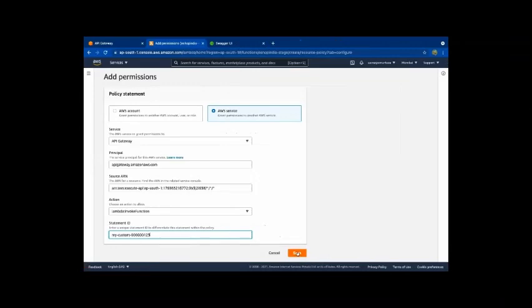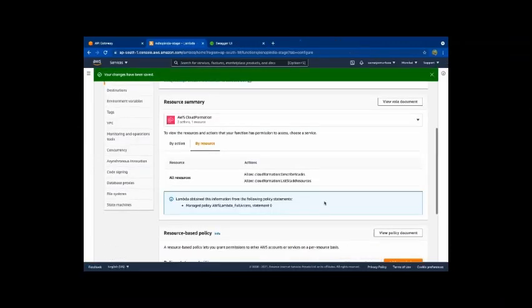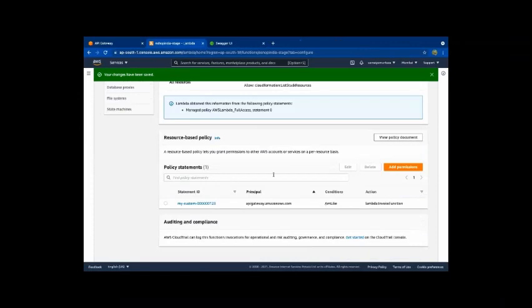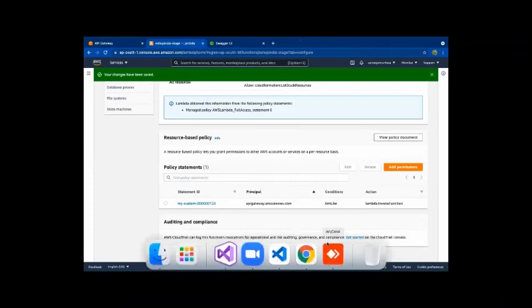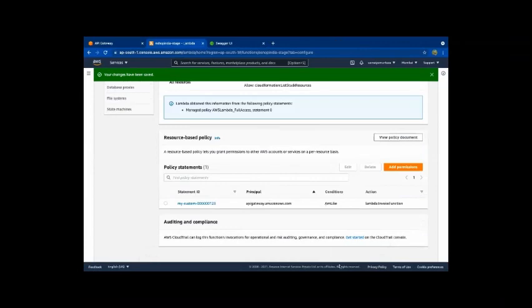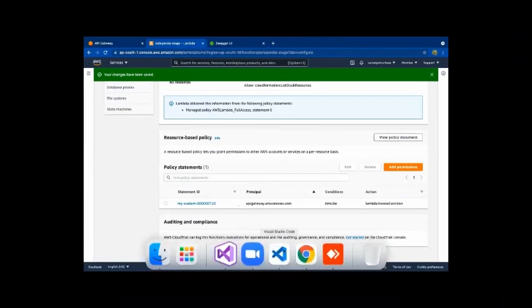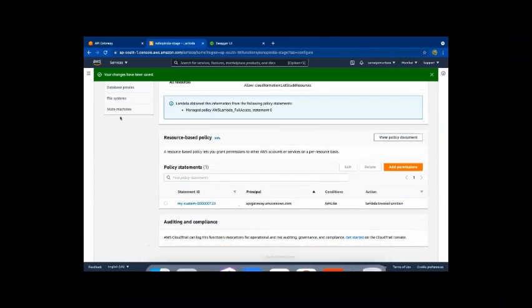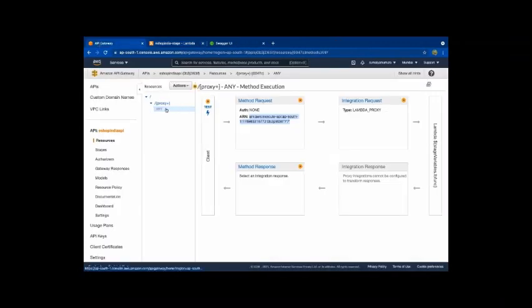These are the settings you need to add permission to the newly created Lambda function. Now this Lambda function will be available either in Visual Studio if you are using Windows, or in VS Code on Mac, where you have already installed your AWS extension. So now if you see this, AWS will show you this Lambda function. Now first of all we have to say in stages that this is my